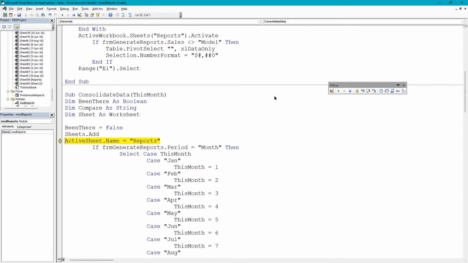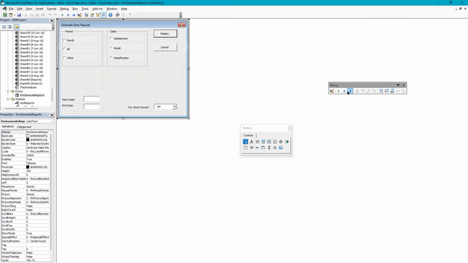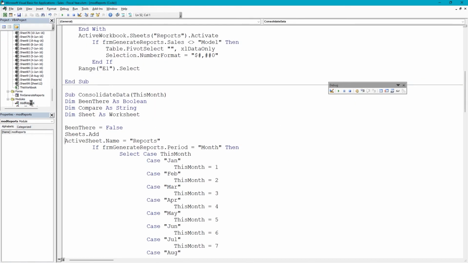Because we haven't written the error handling code to trap the error, it's going to break the execution of the program. And when we debug, we see the line that's causing the error. So it just added a new sheet, and it tried to name it Reports, but there's already a report sheet in the workbook. So we're going to do Reset on the debug toolbar. Go back to modReports, and in the ConsolidateData procedure,